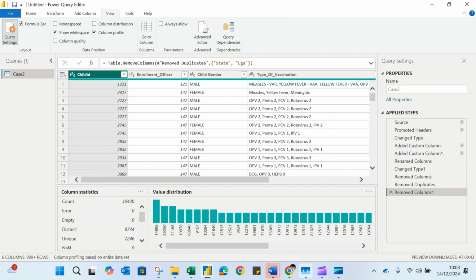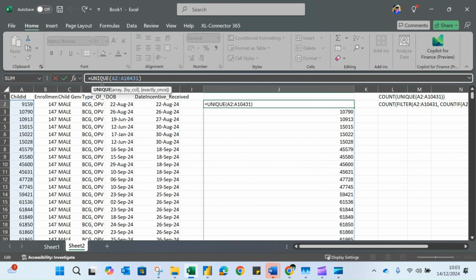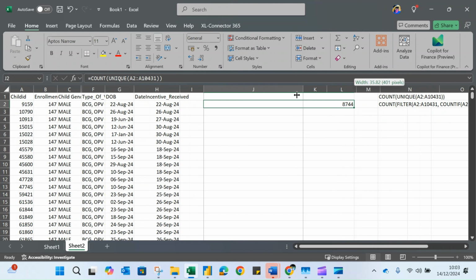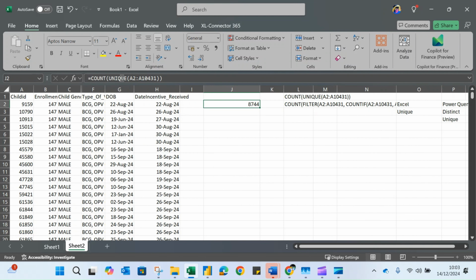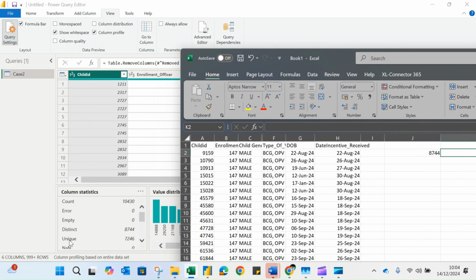So that's what we've been able to achieve. Hold on two seconds. If I close it up using the count function, that's the number. So you use the UNIQUE function in Excel to get the unique list. But if you get to Power Query, it's no longer called unique, you call it distinct. Here, what we want to do now is get the one called unique in Power Query, which is